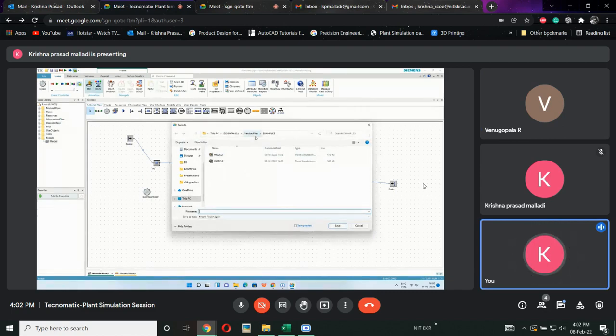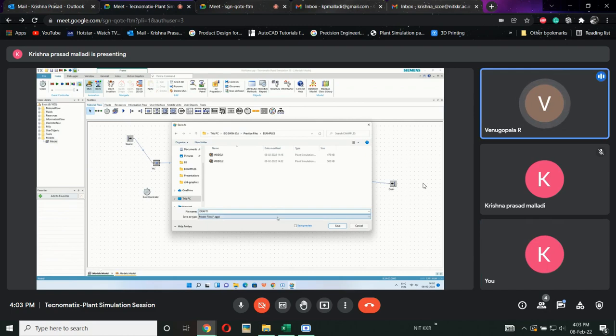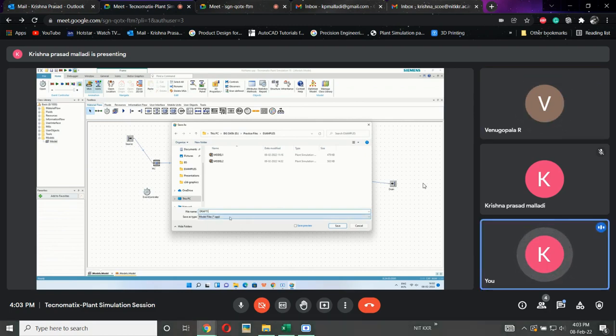Why? Because, just like Siemens NX, it will go to the default installation directory, and again there will be a lot of things over there. So we need to create a separate folder like this, for examples, plans, whatever we want, and we can reference it directly. I will use the name draft dot one. The format is .spp, that will be default, sir. Save as type we can't change, because it is default. So we need to give the name and save.